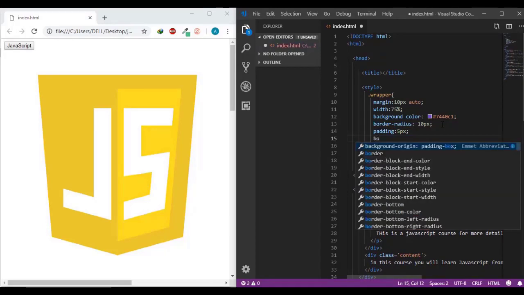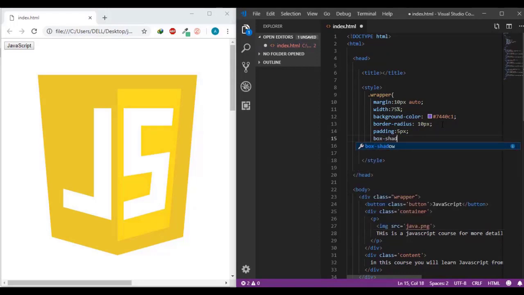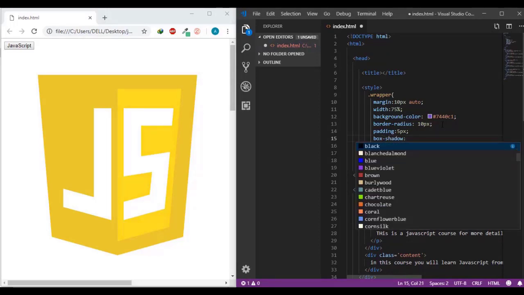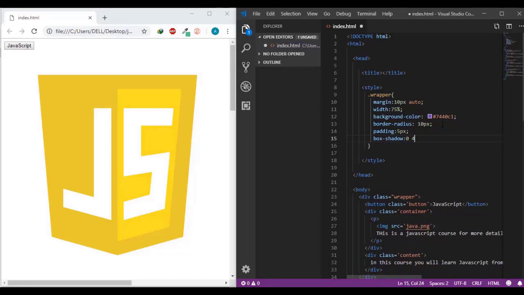So box shadow 0, 4 pixels, 8 pixels, and 0. Then the color of the shadow RGBA 0, 0, 0.2,